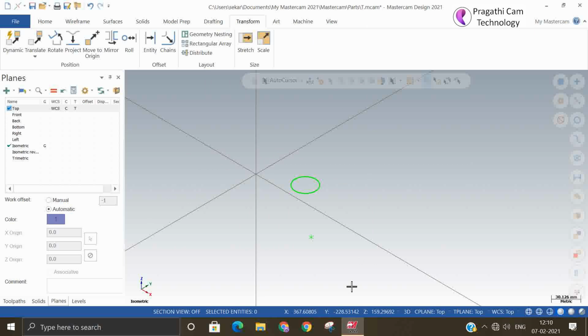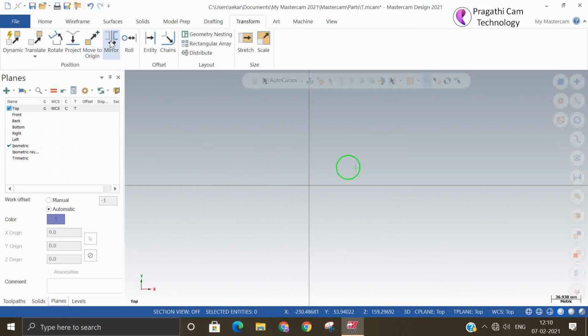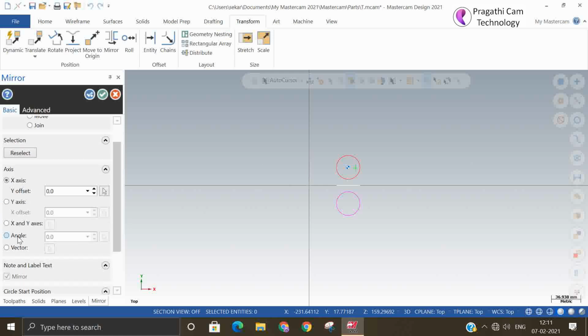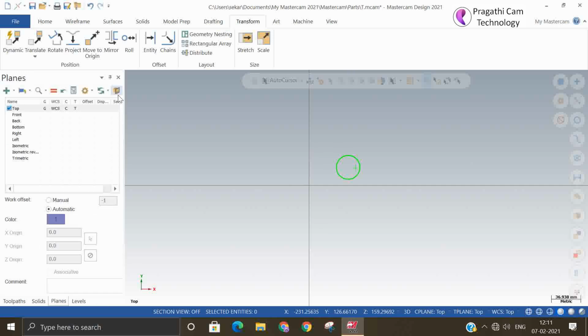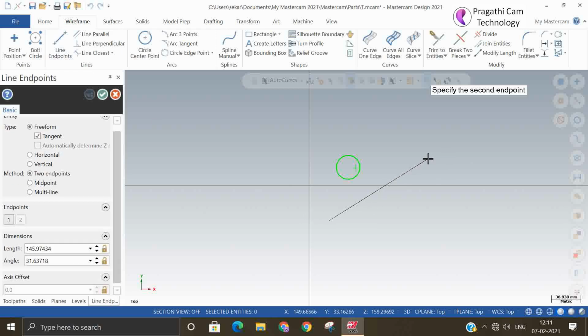Okay. The next one is the mirror command. Suppose I drew one circle and I mirrored about the x-axis and y-axis, or even you can do an angular mirror also. If you want, you need to draw some vector or line here, and based on that line, it will mirror it.